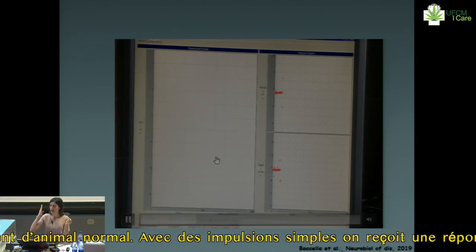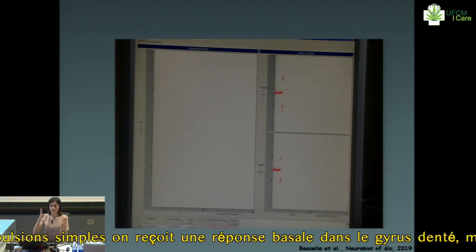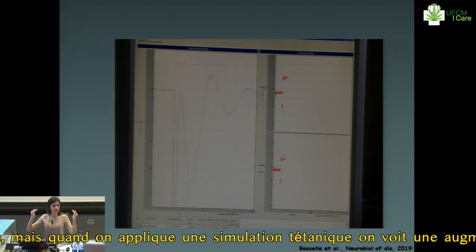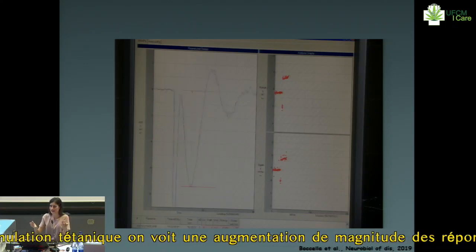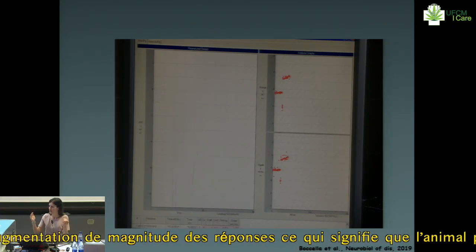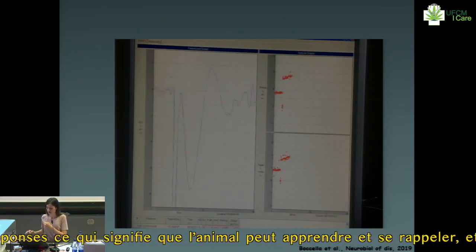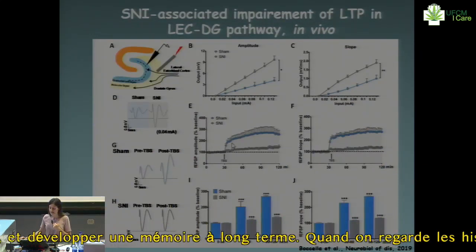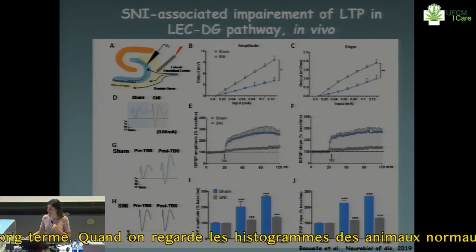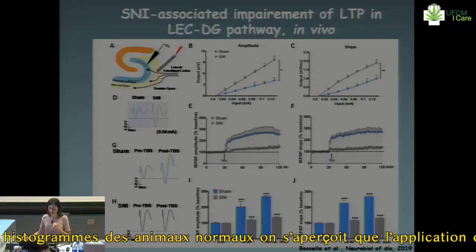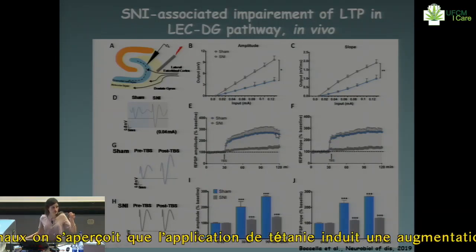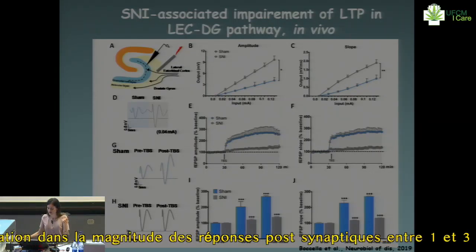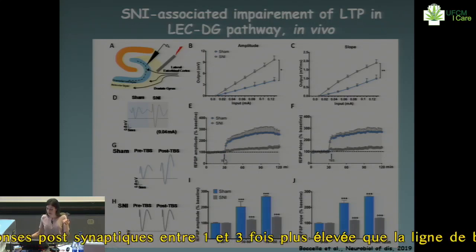But when we apply a tetanization, a theta burst stimulation, we have an increase in the magnitude of the responses. So it means that the animal can learn and remember, can develop long-term memory. Indeed, if we look across the bar graphs, we can see that in normal animals, the application of the tetanus induced an increase in the magnitude of postsynaptic responses that was from 1 to 3-fold higher than the baseline, whereas the application of the same